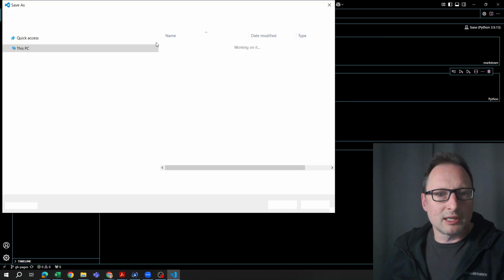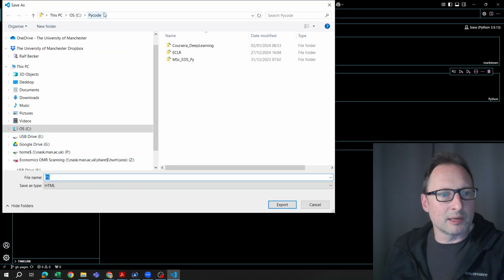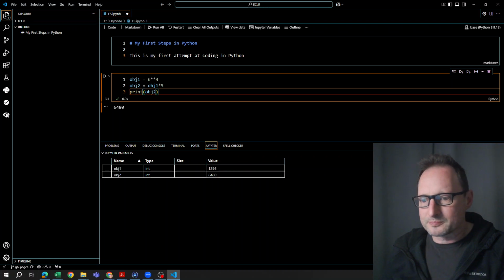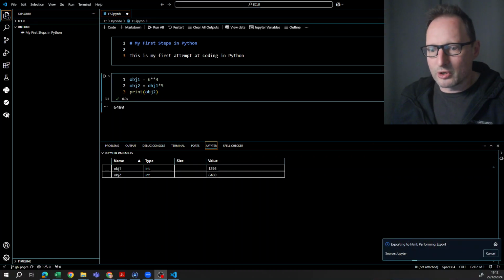And for instance, you say, let's export to HTML script. And we say export. And you will see on the bottom right of your code, it's sort of working. You can see that little runner here working, and then it's asked, do you want to open the exported file? So we say yes,